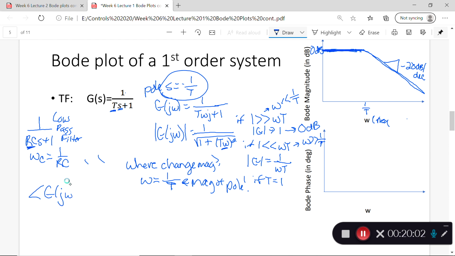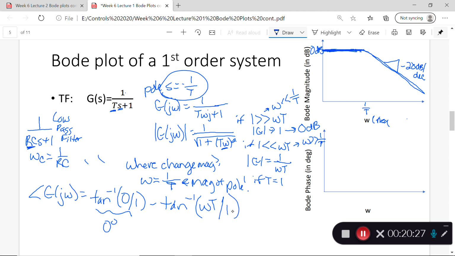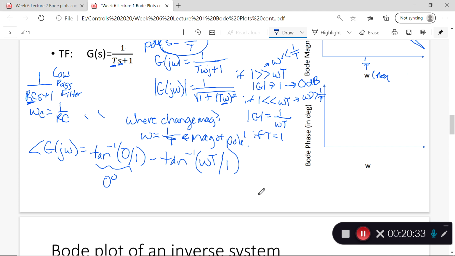So the phase angle of my transfer function, g of j omega, evaluated for frequency, will be what? Inverse tangent of my numerator, its imaginary component is 0 over 1. Again, that just is 0 degrees. Minus the inverse tangent of my denominator, which has the imaginary component omega t and the real component 1. Or just inverse tangent of omega t. Now that's a little harder to evaluate, but